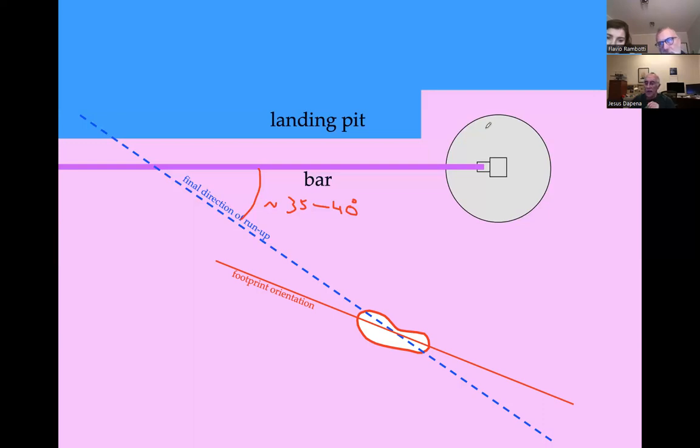The athlete will actually push on the ground a little bit to the right. So the footprint orientation and the force made by the foot on the ground are not aligned. There's an angle E between the force made and the footprint. By reaction, the ground makes a force that is equal and opposite on the foot, and it's also deviated by the same angle, E. Normally E can be about 10, 20, 25 degrees.